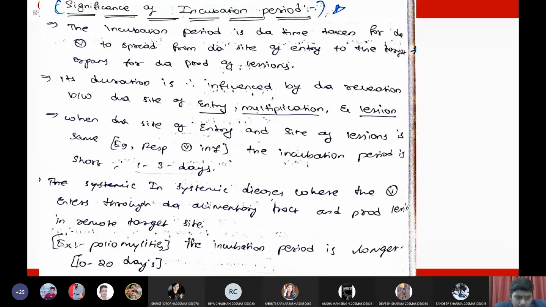So, the significance of incubation period. Upon understanding the incubation period, we can prevent the cross contamination of the viral infection in the community. By understanding the incubation period, we need to identify the individuals who have likelihood of getting infection, and they need to be isolated and quarantined so that they won't spread the virus into the community. So the incubation period will give us a time to treat the patient.